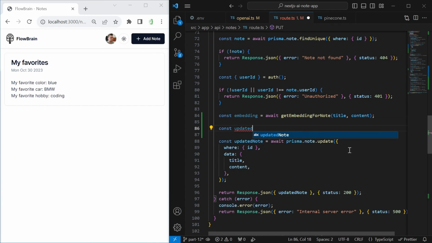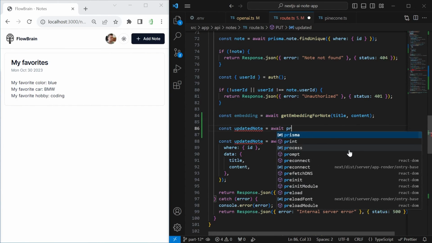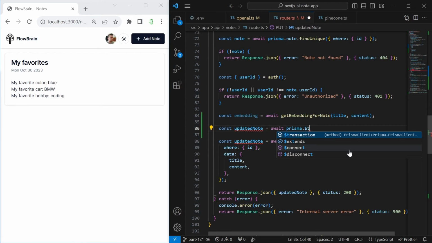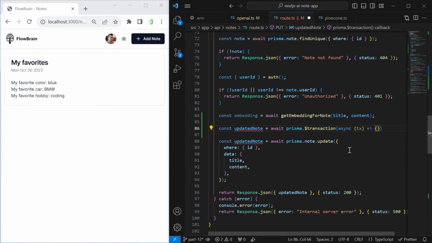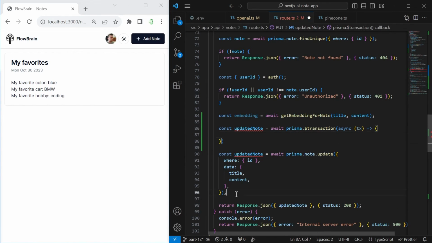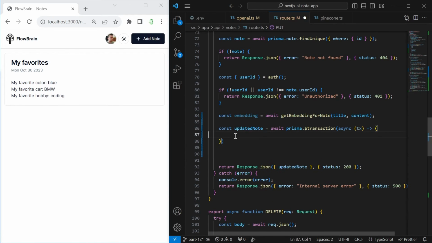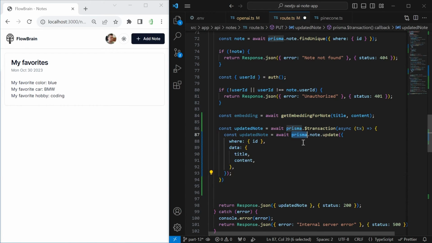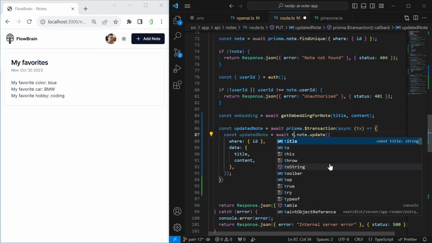So const updated node equals await Prisma transaction, to which again we pass this async function with the TX client. Again, we want to move this in here, change this Prisma client to TX,